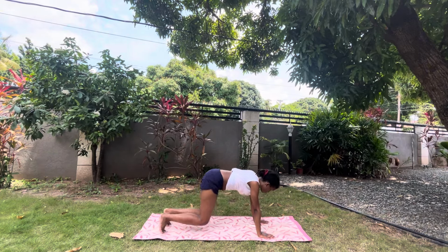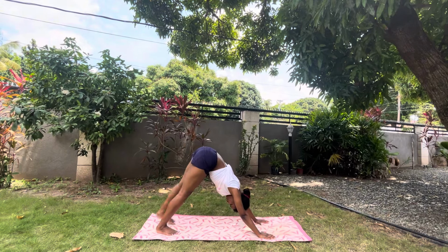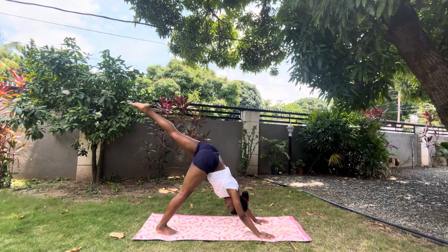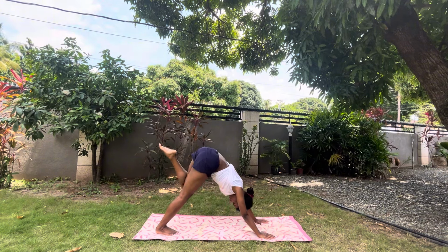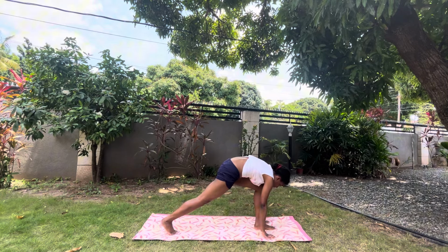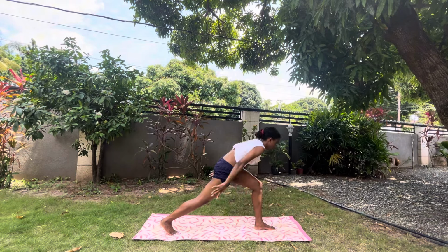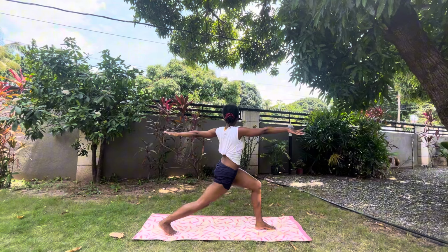Curl the toes under and send the hips up and back. You're going to move straight into lifting that left leg. We're going to take it to the other side. Abs engaged, shoulders squared. Bend that left leg and kiss your knee with your nose, stepping up into your high lunge. Just as we did on the other side, we're going to bring the arms up and open and twist